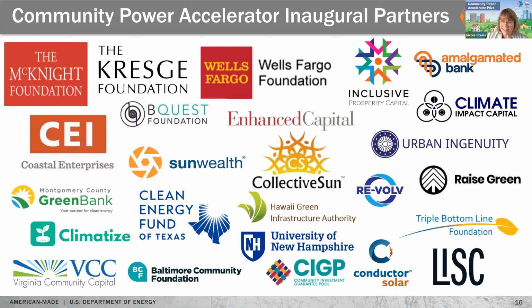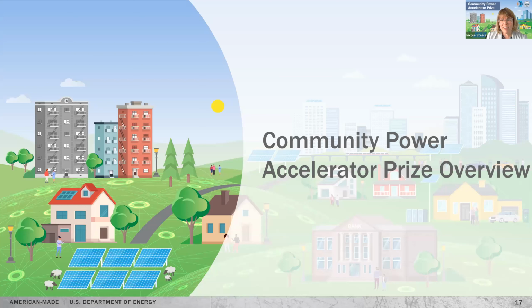I think this is my last slide, but I just wanted to give you a smattering of the types of partners that are engaged in the Accelerator today. These partners are everyone from lending institutions to philanthropic institutions to partner organizations that helped build the Accelerator out over the past year and a half. These are some folks that you'll be working with if you are engaged on the Accelerator or in the prize. So with that, we can go to the next slide and I can hand it back over to Emily to dive into the details of the prize itself.